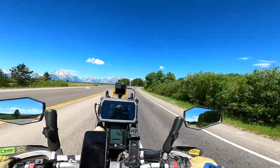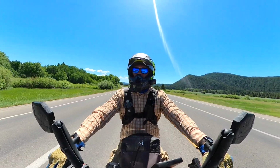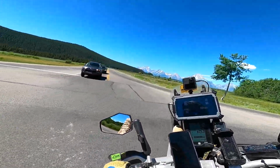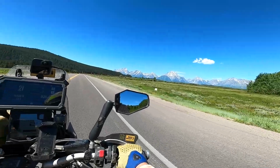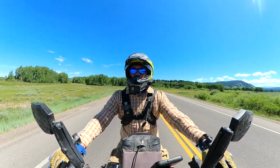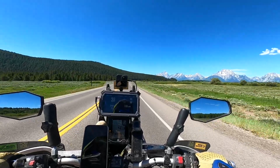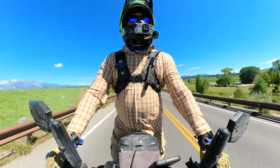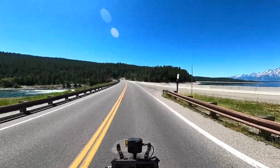I'm shocked at how low the lake is. Because, I mean, Yellowstone had super heavy rains. They should have a lot of water here. I'm wondering if they actually drained a lot of it because of the rains. I mean, it's very possible. The weather was so bad they might have tried to get as much water out of the reservoir as they could. I will pull over up in here and walk out onto the...